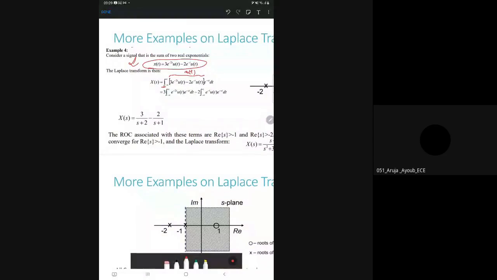Now see, since it is comprised of two different parts, one is this part, which can be considered as part 1, and this is another part in the signal, part 2. The entire Laplace transform can be obtained by applying the principle of linearity or superposition, because linearity would mean following the superposition principle. इसका मतलब है पहले पार्ट का हम we will take a separate Laplace transform for part 1 and a separate transform for part 2,